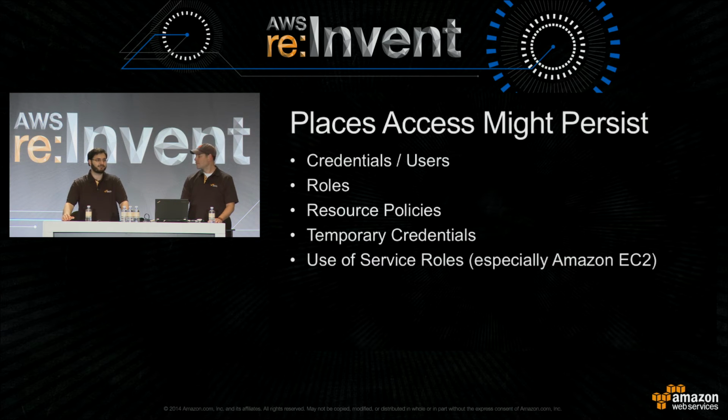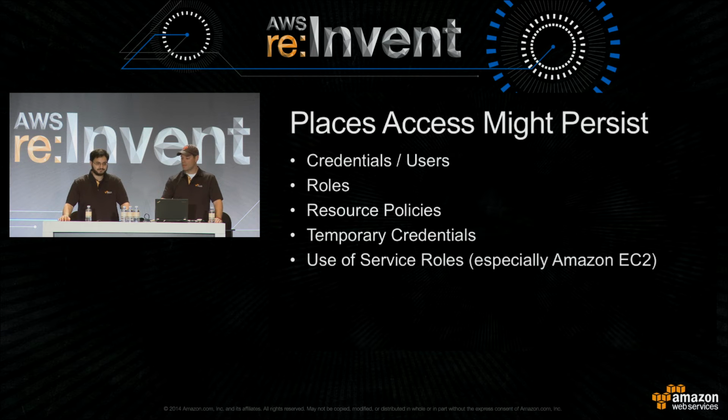Roles are a great resource for cross-account access. It also means that they're a great way to set up cross-account access. So you'll want to look at the trust policies on roles and ensure that they're not configured to allow access to other accounts. And you'll want to look at resource policies for resources that you're worried about. You may want to look for temporary credentials and turn them off, and you may want to look at things like EC2 instances that are configured for roles for EC2, where we are delivering credentials to the EC2 instance. Make sure those are instances that you expect to be running and not ones that someone else started.